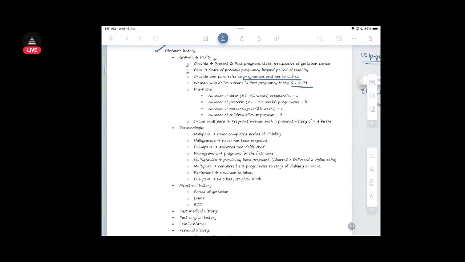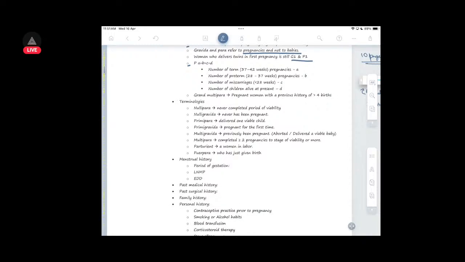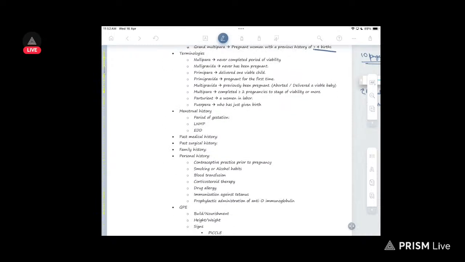Then P equals A plus B plus C plus D, where A is the number of term pregnancies, B the number of preterm, C the number of miscarriages, and D the number of children alive at present. Multipara: a pregnant woman with a previous history of more than 4 births is grand multipara, 5 or more births, we remember it as. Okay. Terminology: nullipara is